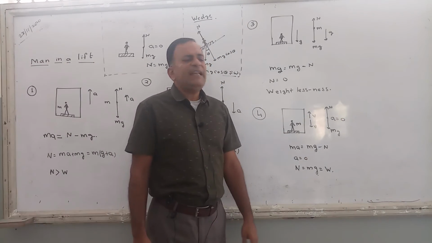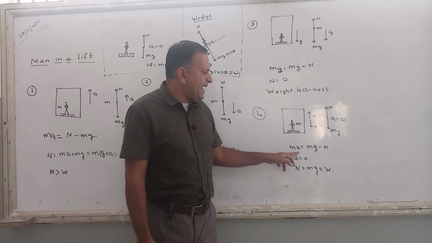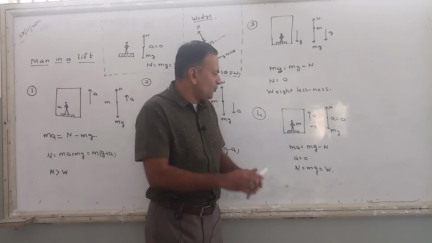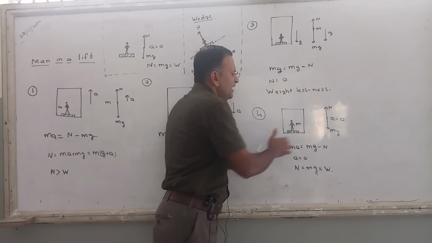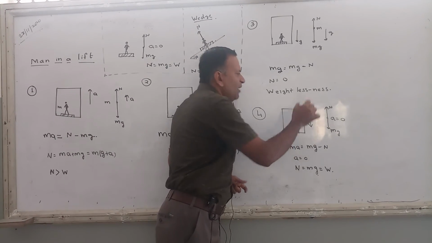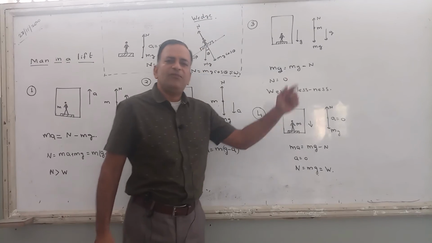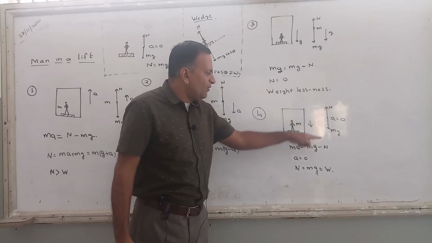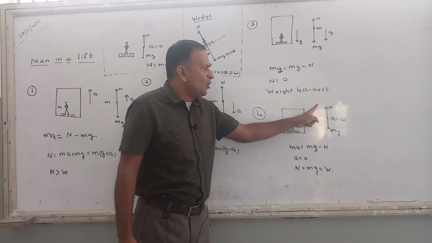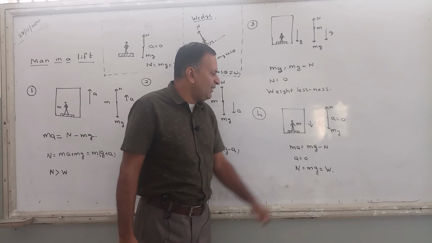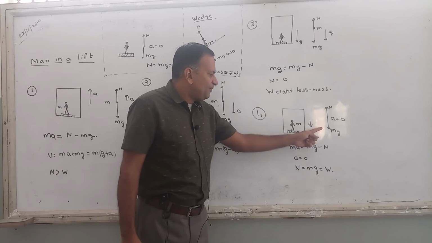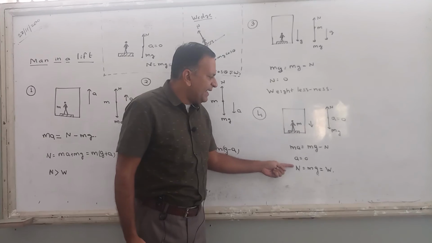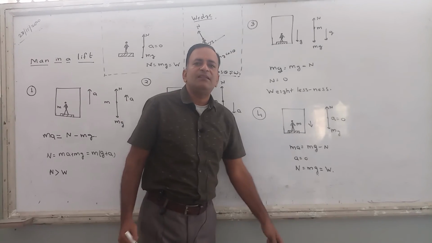फिर से free body diagram बनाने का. Okay, ma is equals to, अभी यहाँ पे अगर ये ऊपर जा रहा ना, suppose करो the man in this lift, the man is going in downward direction, so downward force is positive, upward force is negative. Okay, so the net force m into a, downward force mg, positive लेने का, normal reaction force upwards, इसको negative लेने का. ठीक है, now what is a? A equals to 0. तो ये पूरा क्या हो गया? This becomes 0. And what is n? N is equals to mg. That is the actual weight.